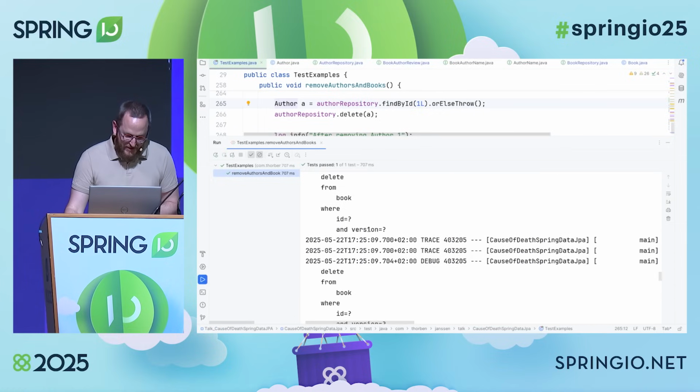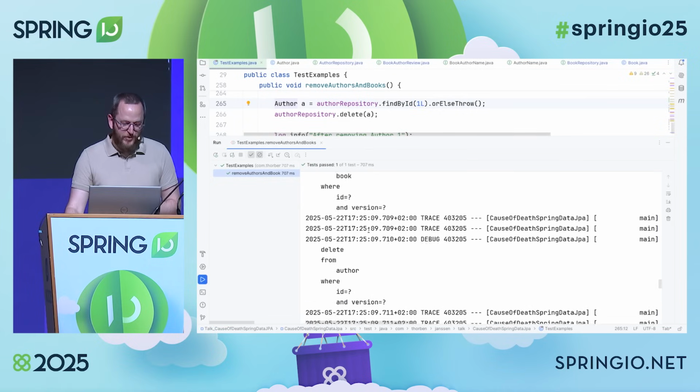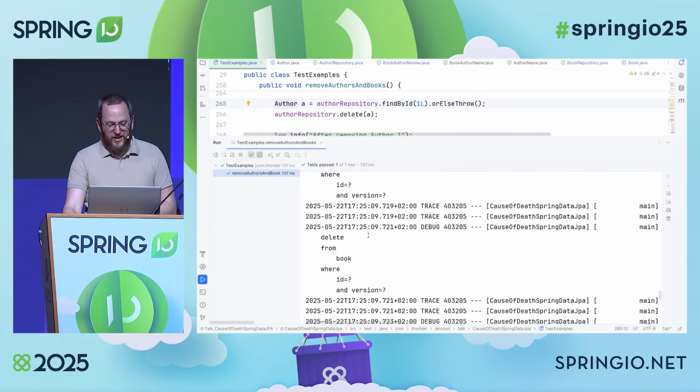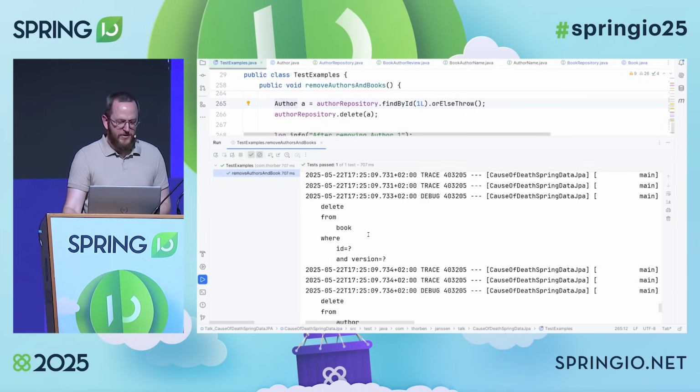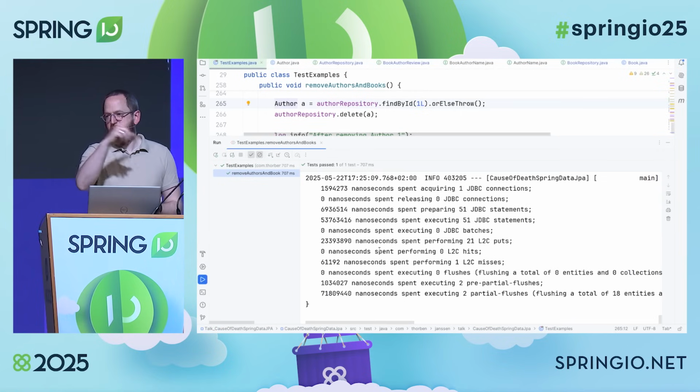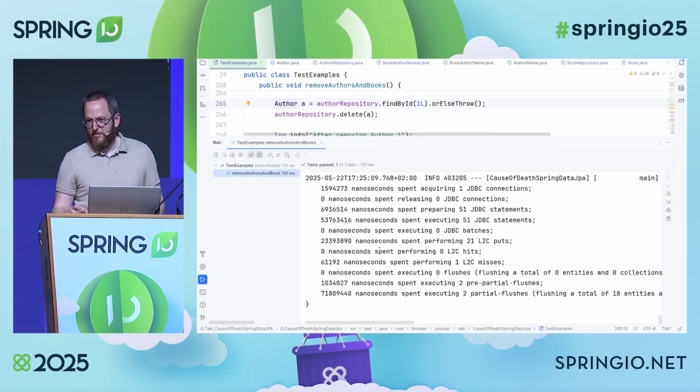We are deleting lots of data, even though I just wanted to remove the author with ID 1. It's a never-ending list of delete statements. It bounces back and forth until the database is empty.